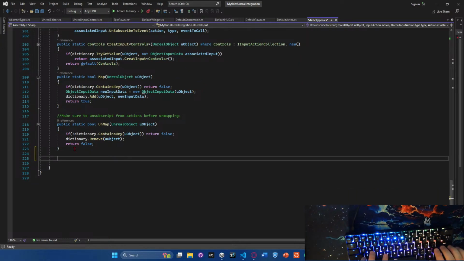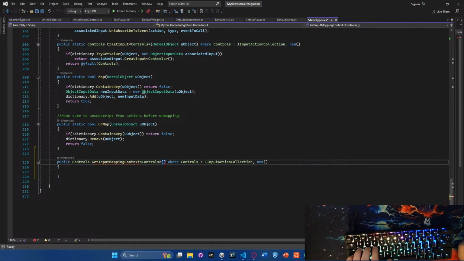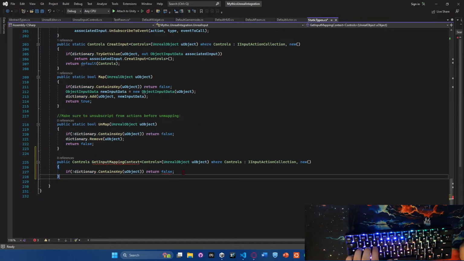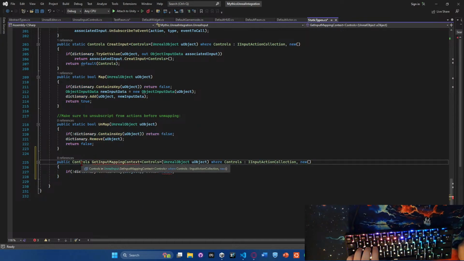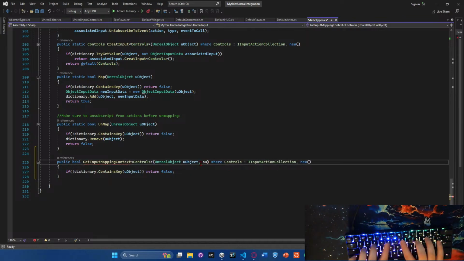We can just do that down here, and then it's gonna pass in a Unreal object, and then again I'll say if it does not contain the key, return false. I guess return, yeah, we'll do a boolean, and then else